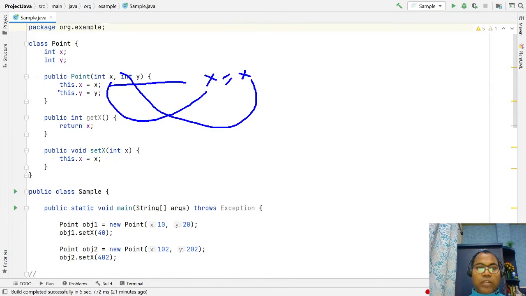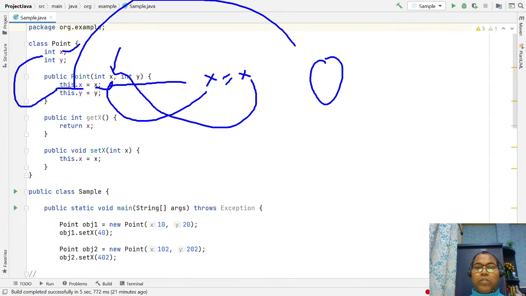So if you write this.x, that refers to your instance variable. Whatever x comes in as a constructor argument is assigned to the instance variable x. Let's say you create object instance 1, then this.x refers to instance 1.